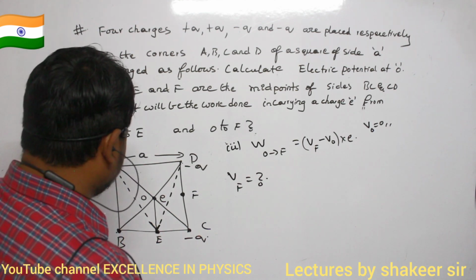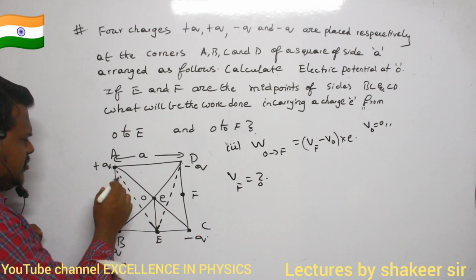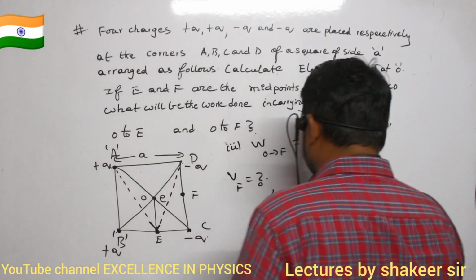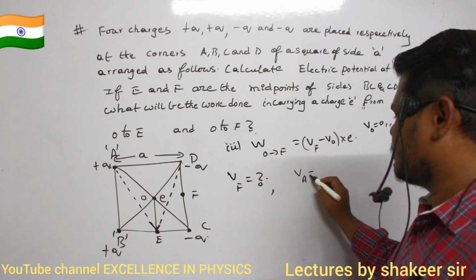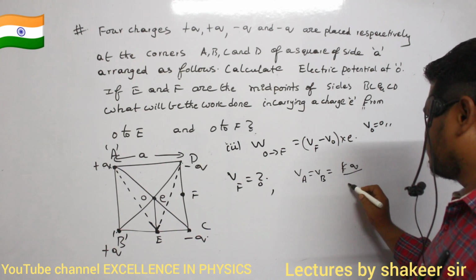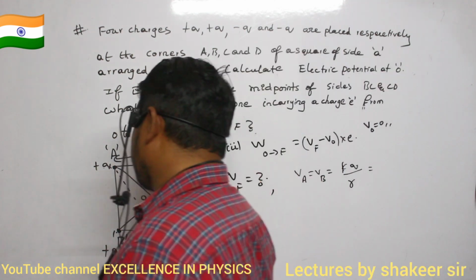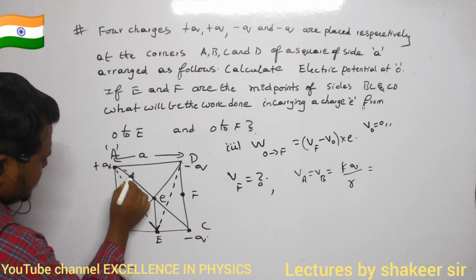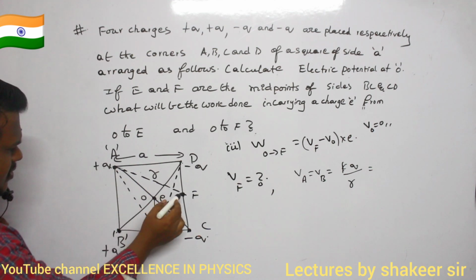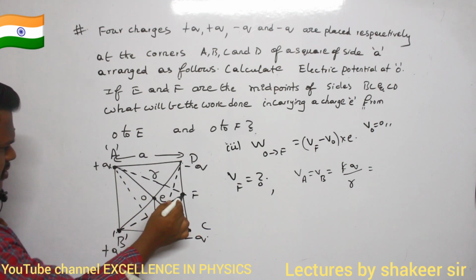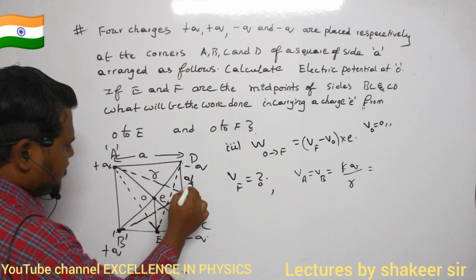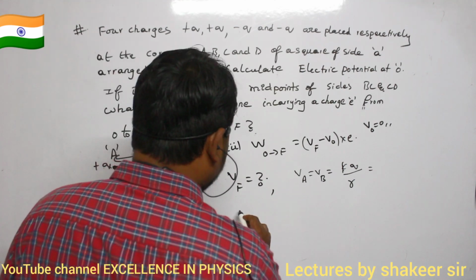Clear? Now can you say what is the magnitude of potential due to charges present at A and B? First of all, I will calculate this one. So potential due to A is equal to potential due to B, which is KQ divided by R. What is the R value? Which distance is R? This distance I can call R. This distance is R, and this is also R. So how can I calculate this R value? This is A, this is A by 2. Therefore R value is equal to how much?